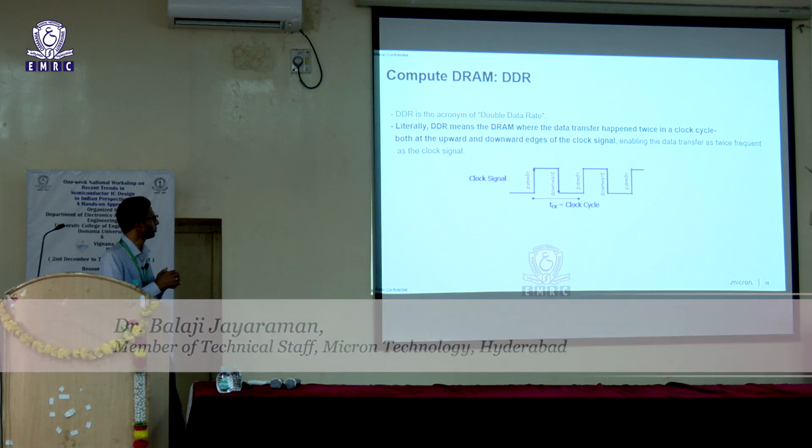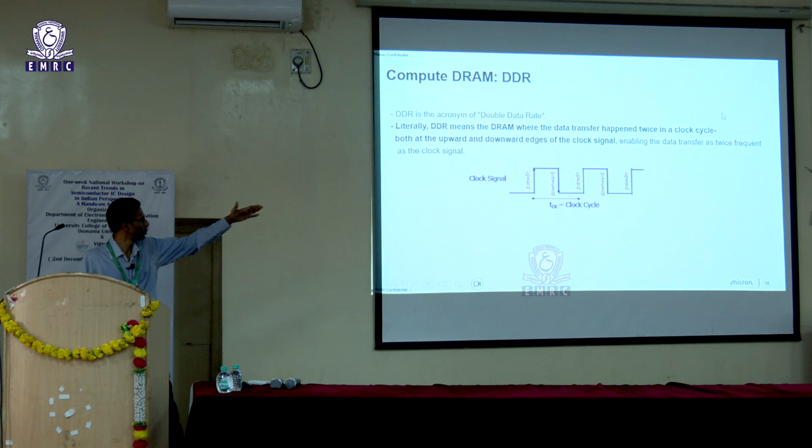If you look at the diagram, the clock signal there is a pulse waveform. You have a positive edge and a negative edge. This is your clock cycle. Typically, in a conventional design paradigm, you will have data coming out here, and the next data comes out here. So for every clock cycle, if they are using a 1 gigahertz clock, it's a 1 nanosecond time period. For every 1 nanosecond, you will have some data come out. But now we will make use of both the edges. So you will have one data come out here, and then the next data packet comes out here. So even though your system clock is still 1 gigahertz, you are now getting data at the rate of 2 gigahertz. That's the advantage that you have now.